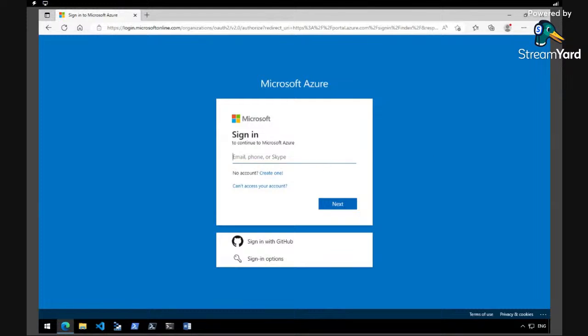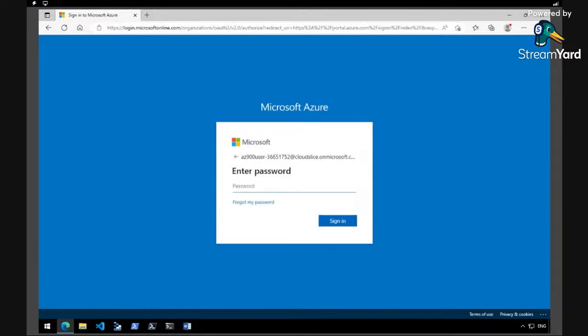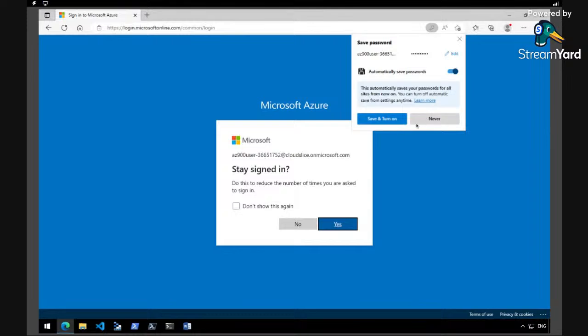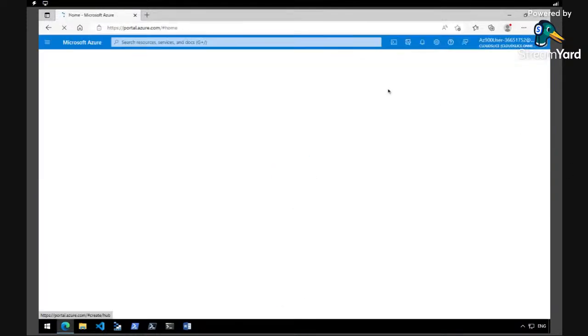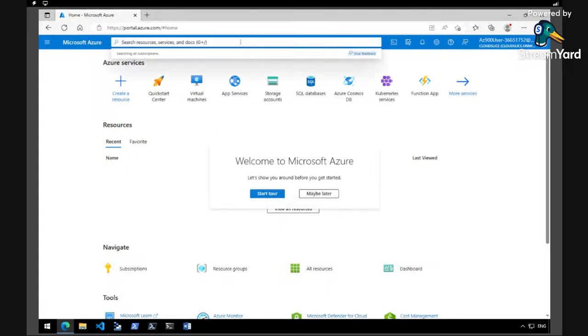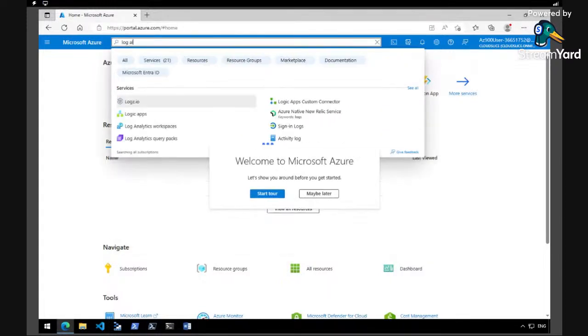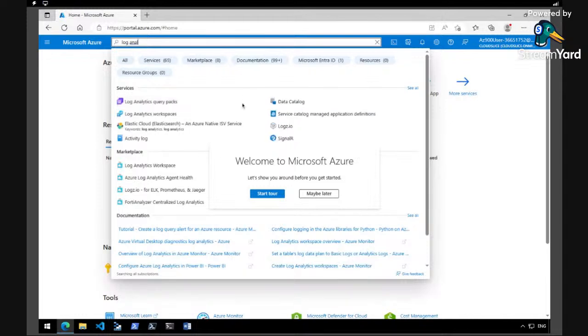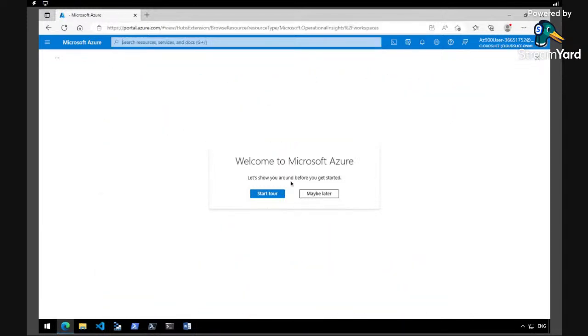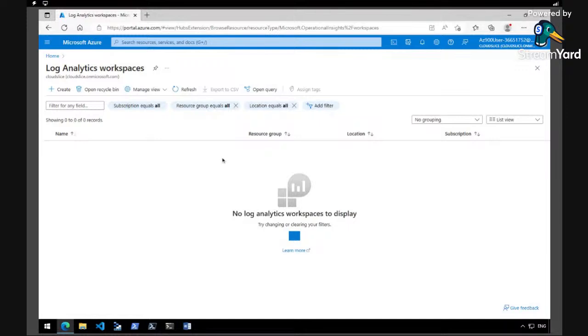All right, so here, let's sign in. Okay, so we're going to search for log analytics. So we'll just type log anal and then Log Analytics workspace right here. Now we are going to click create,